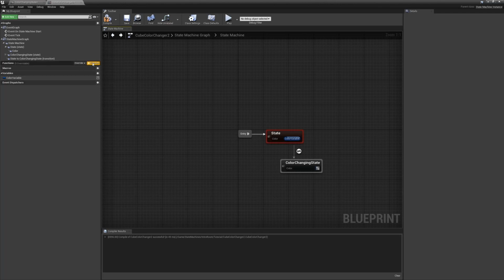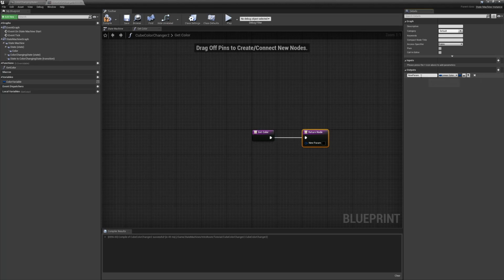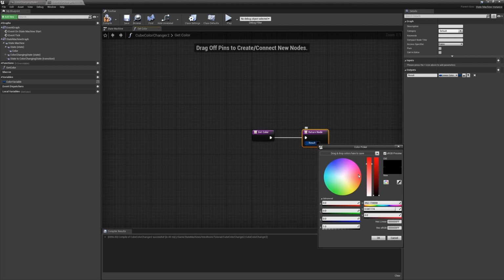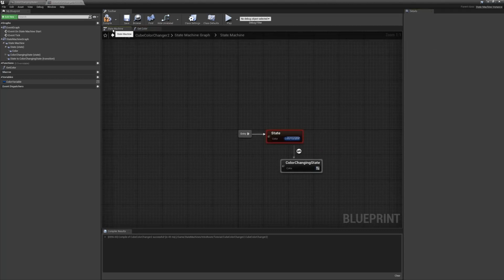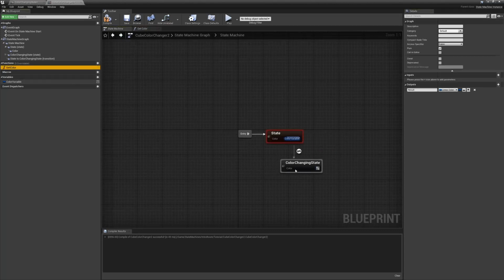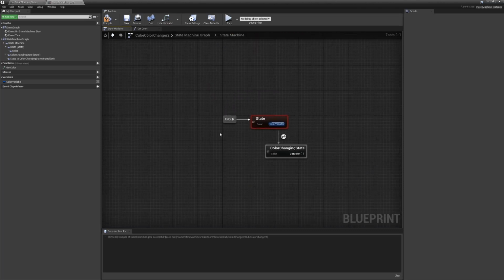But for this one, let's go ahead and create a function. Output linear color result, and we'll make this one red. Now, an important step in this case is we need to make sure this function is blueprint pure. It's the only way it's going to wire to the node properly. If we drag it out, drop it, open it up, you'll see that get color is set up and wired. If we didn't make this pure, this would just be an execution node and it wouldn't do anything. So that's an important step. Make sure if you're going to drop functions on nodes that they are set to blueprint pure.